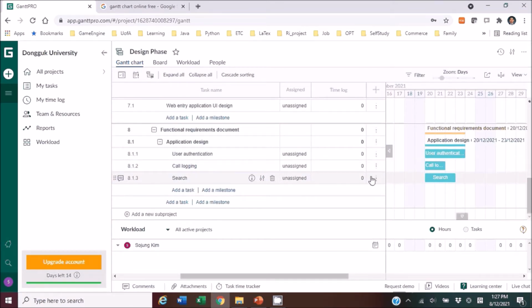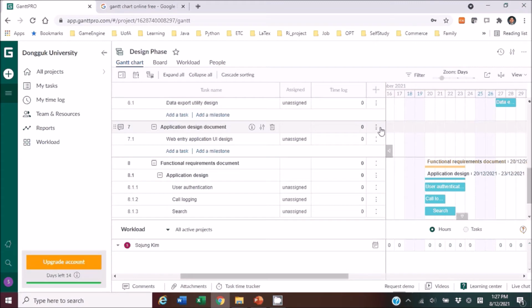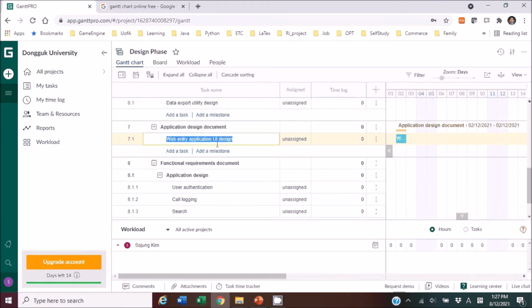So here we have this, and also we have to add a task here. Web entry application UI design sign off,